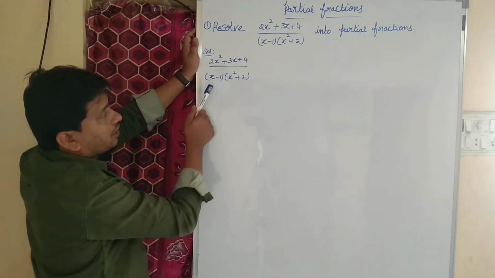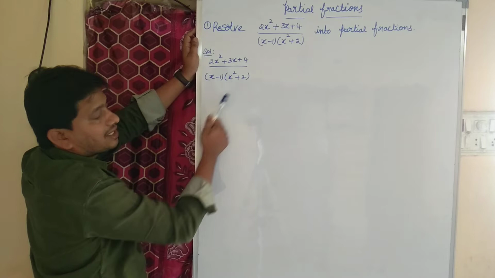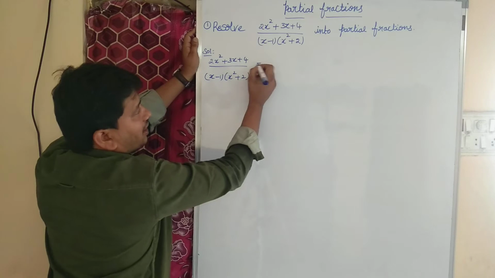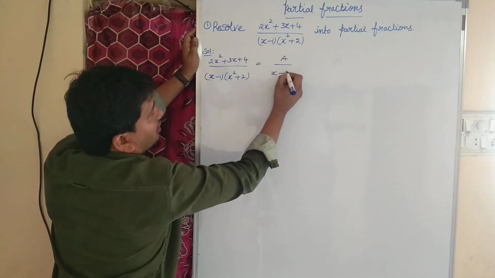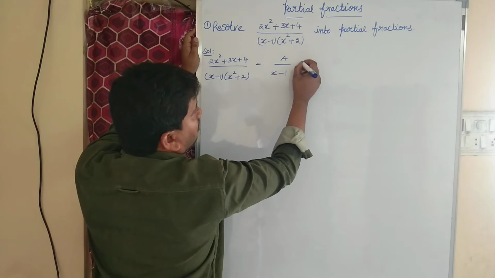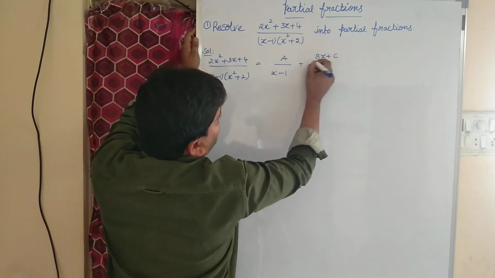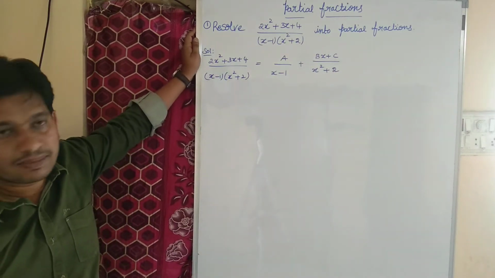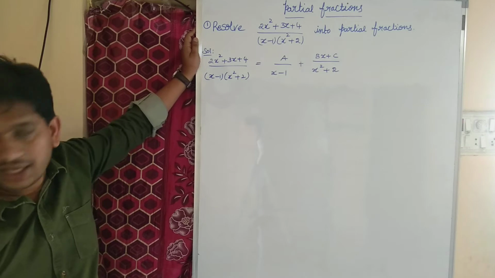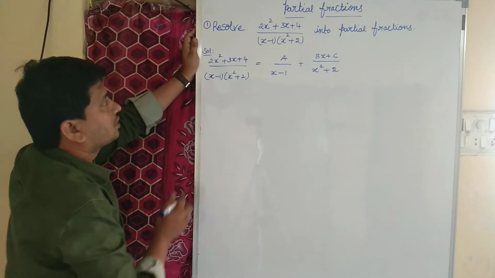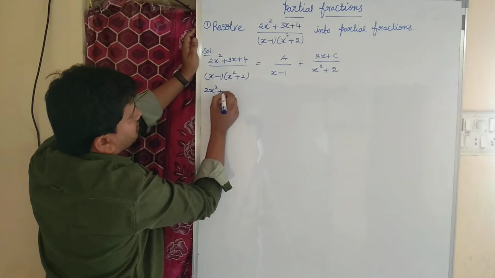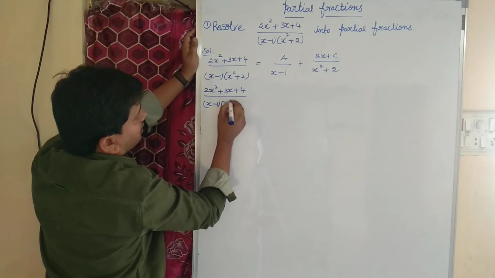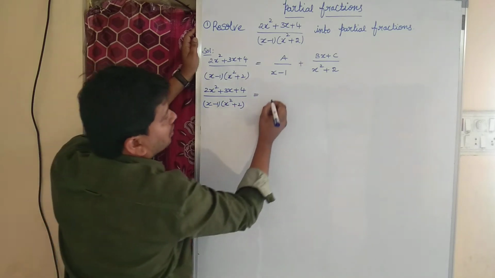If you observe here, the denominator has x minus 1, whose degree is 1, and x square plus 2, whose degree is 2. This I can write as a by x minus 1 plus bx plus c by x square plus 2. Right? Now 2x square plus 3x plus 4 divided by x minus 1 into x square plus 2 is equal